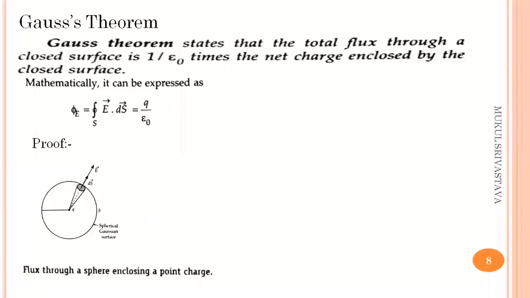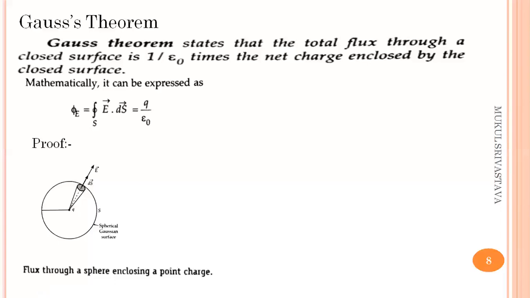Now we are talking about this ds. ds is the normal vector. On the surface S, we are going to take a small area element ds, and on this small surface ds, the normal vector is given by the ds vector. Along this vector, the electric field is also acting.